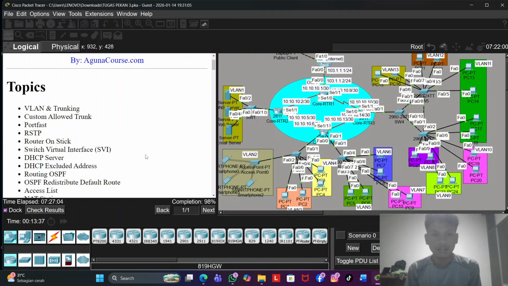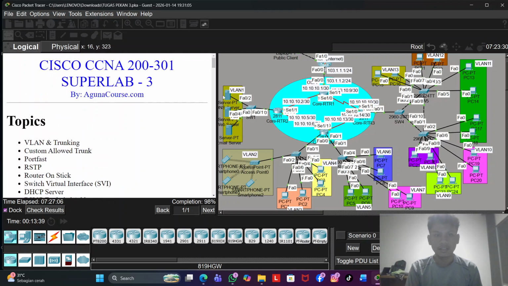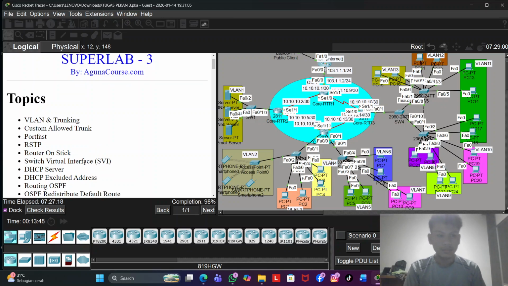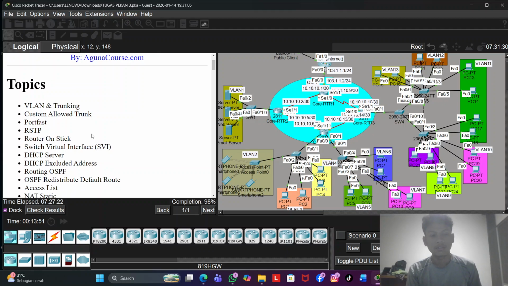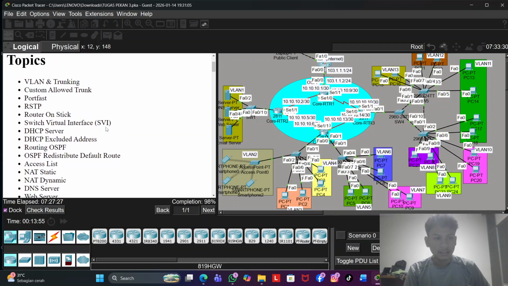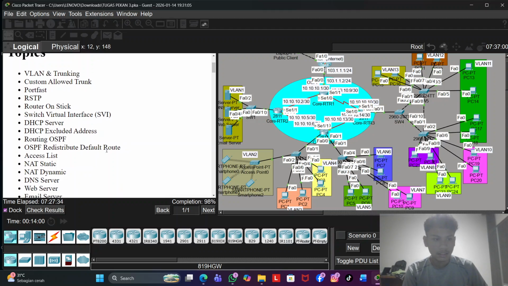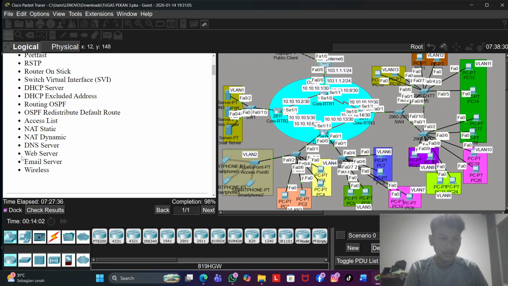So today I got the homework, weekly assignment 3 here. This is Superlab Cisco CCNA PKA. So here's the topic of the Superlab. There is VLAN and trunking, custom load trunk, port face, RSTP, router on a stick, SVI, switch virtual interface, and then DHCP server, DHCP exclude address, routing OSPF, access list, NAT static, NAT dynamic, DNS server, web server, email server,